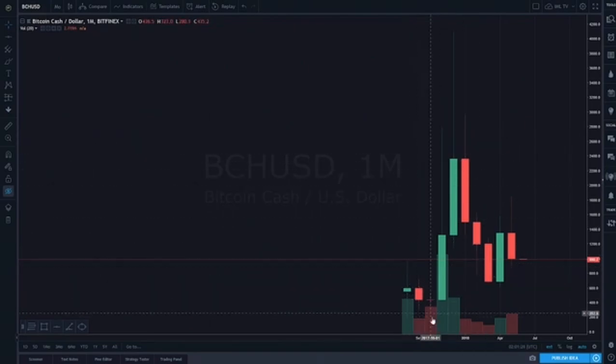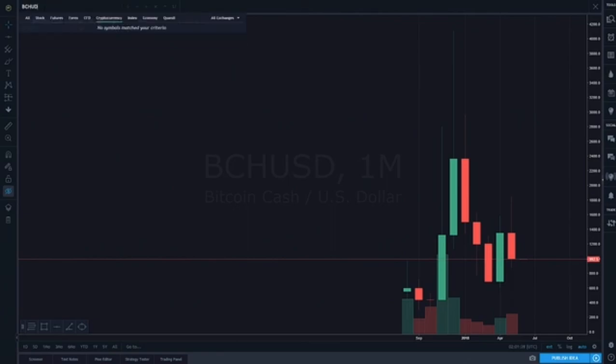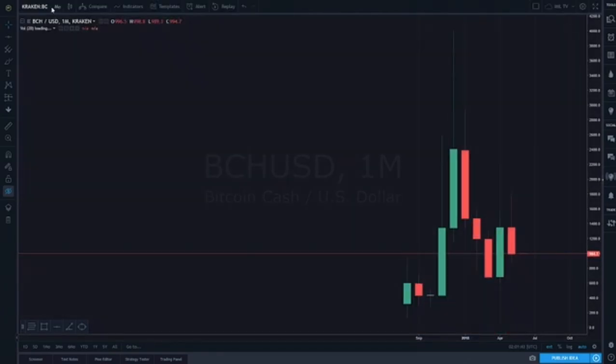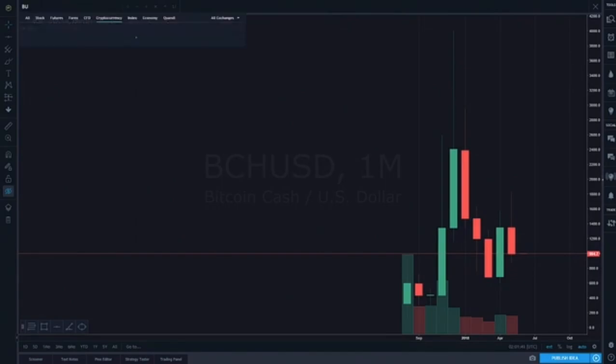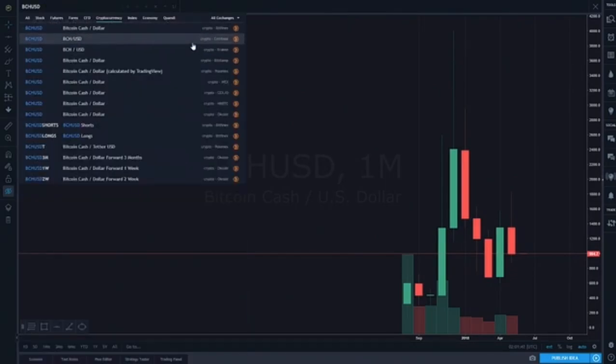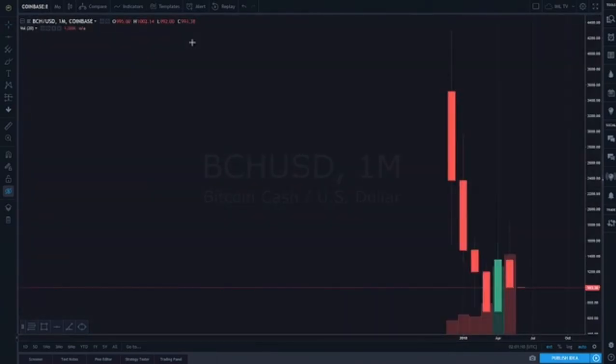We have limited amounts of data when we're utilizing TradingView and looking at the exchange data feed for a lot of these cryptocurrencies. But depending on which exchange specifically you're looking at, some of them will offer support for larger amounts of data. Some of the exchanges will also show us different data in total. Look at Coinbase, how it strategically removes the candles prior to this sell-off. So from a public perspective,